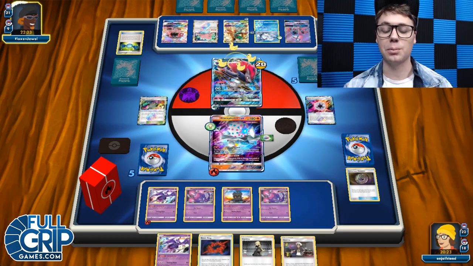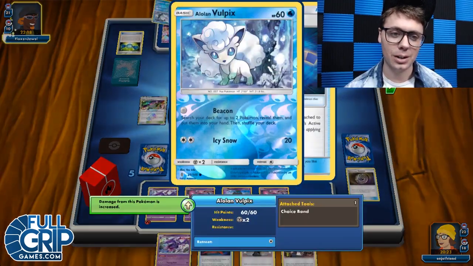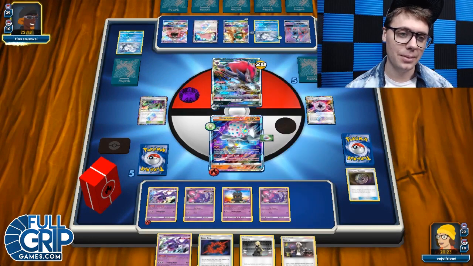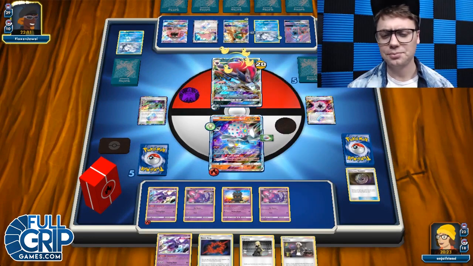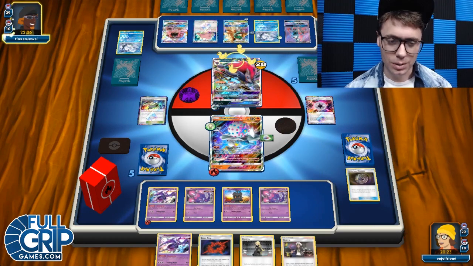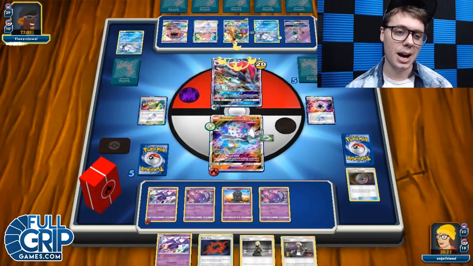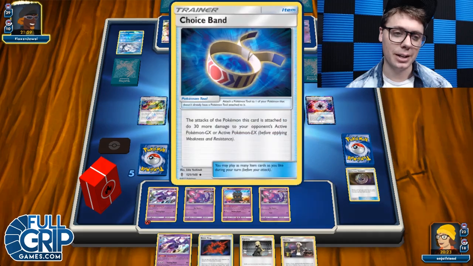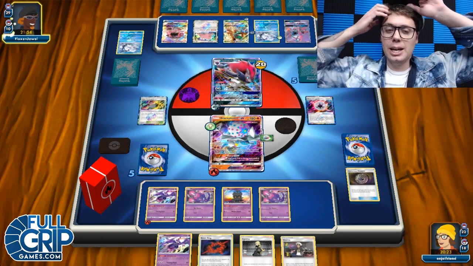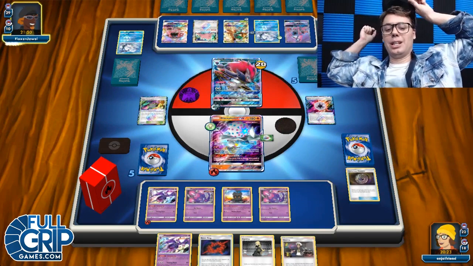It looks like they are setting up a board where they're only really going to have one Decidueye. So they're going to be leaning primarily on Alolan Ninetales GX and Zoroark to do the heavy lifting of their damage output, which is concerning for me. I do need to watch out for Alolan Ninetales. They could also be playing just the blue Alolan Ninetales. Looking by that Choice Band there, that could be a big threat for me to have to navigate. And I don't really want to deal with that,